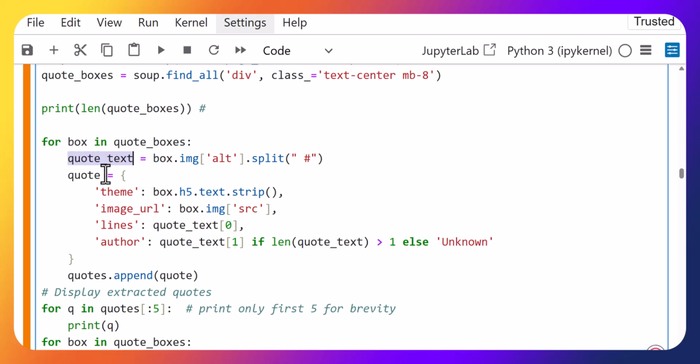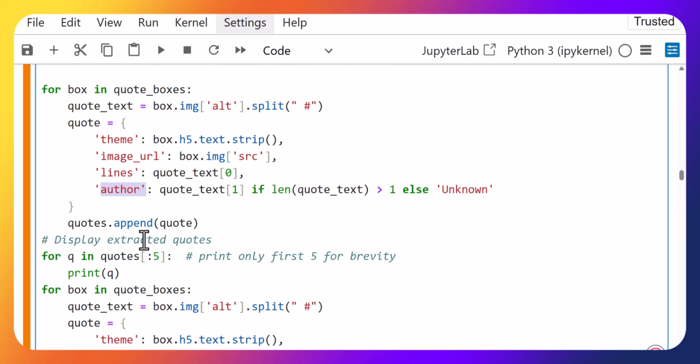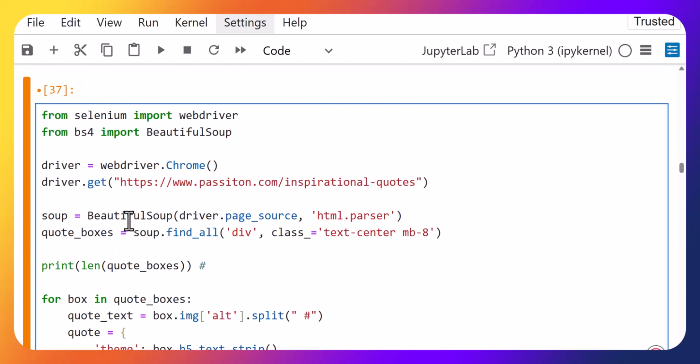And the second thing is that we will create a dictionary code with the name code, and then in the theme we will store the theme, and in image URL we will store the URL, and then the lines of the codes and the name of the author. So we will be specifying the name of the author here as well, and then we will append this code to the code as